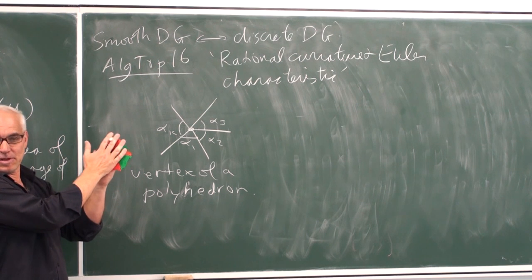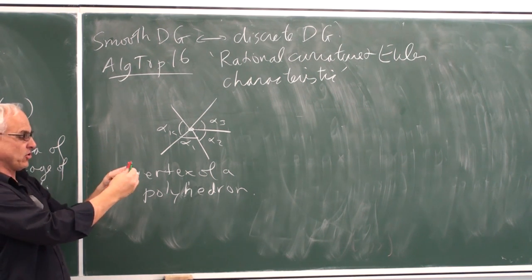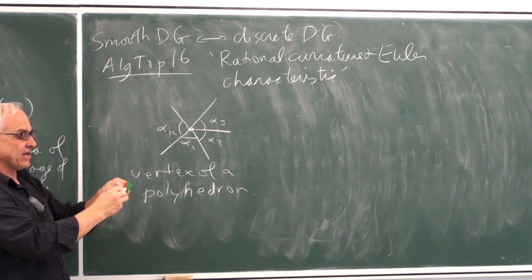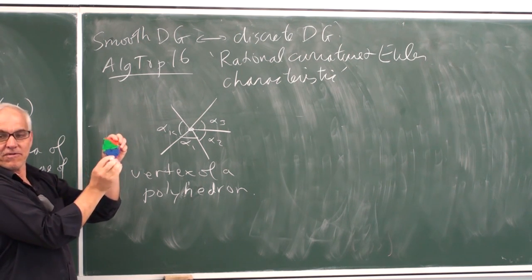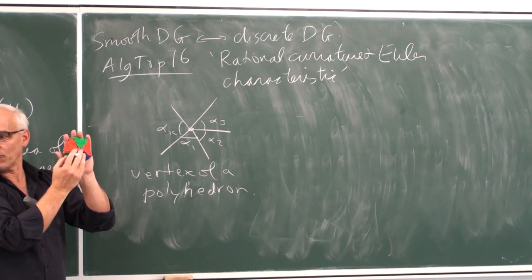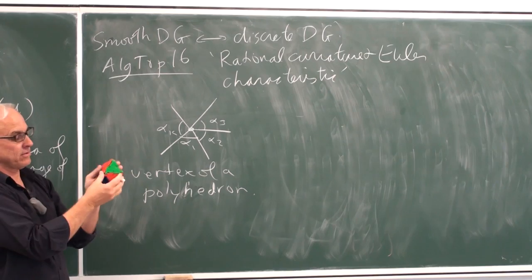Because, of course, there's 7, not 6. If it was 6, they could be made planar. Here there's 7, so you can see that they're not planar. If I took 2 of them away and just had 5, then we would get a vertex of an icosahedron. Still a bit of flexibility involved, but it can't be planar, because the angles don't add up to 360 degrees, or 2 pi, if you want.